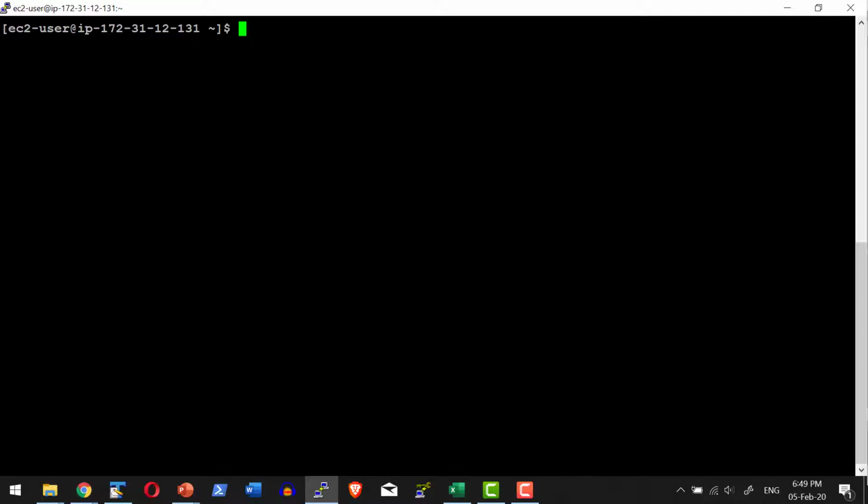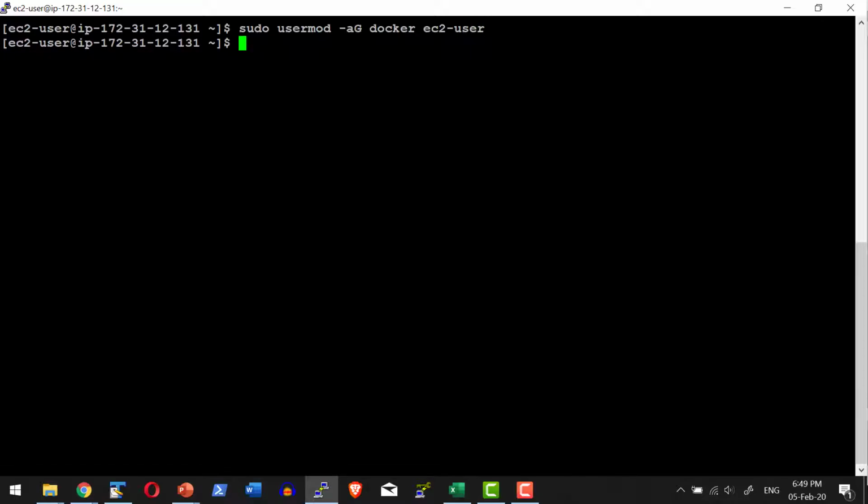And I'm going to add this particular user, that is EC2 user, as a part of Docker group so that I don't need to provide the sudo every time whenever executing the command for the Docker. Sudo usermod -aG. I'm going to add it as a part of the group Docker. The user I wanted to add is EC2 user.